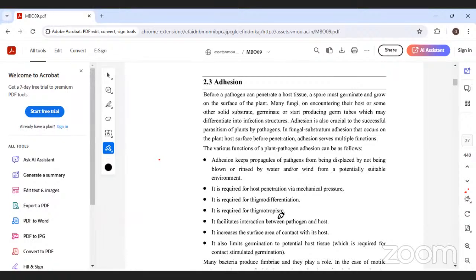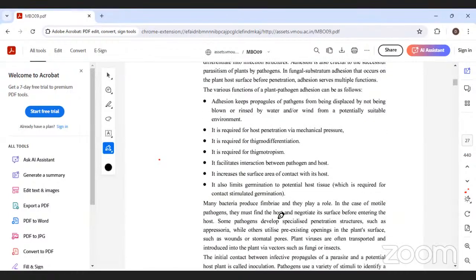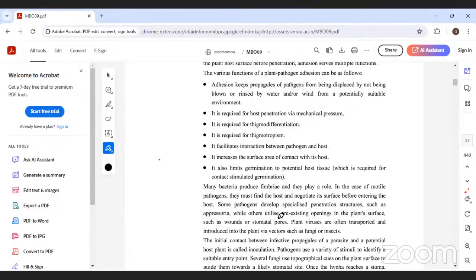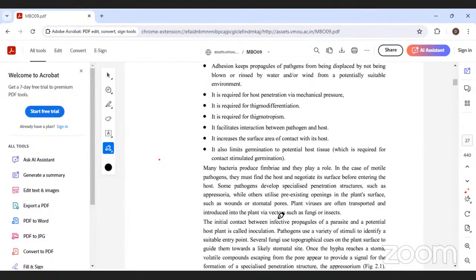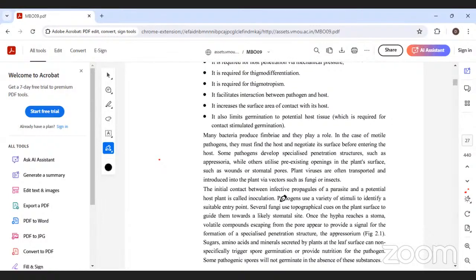Adherence is the most important of these steps. It keeps the propagules of the pathogen from being displaced, blown away or washed away by water or wind, in a potentially suitable environment. It is required for host penetration via mechanical pressure, and it is required for